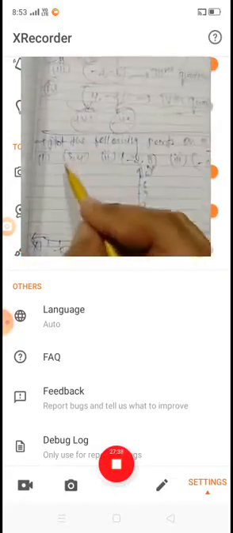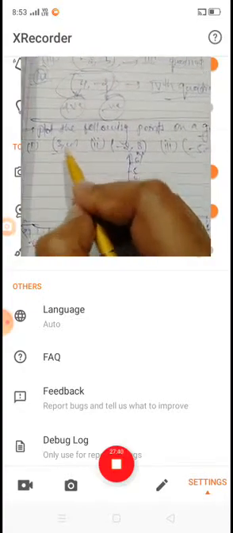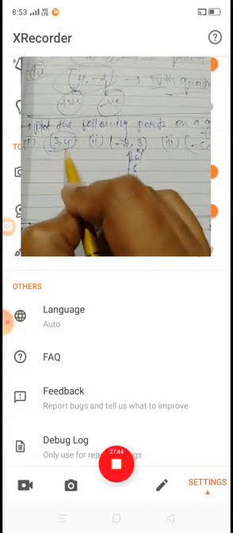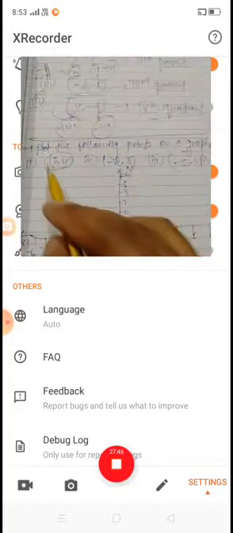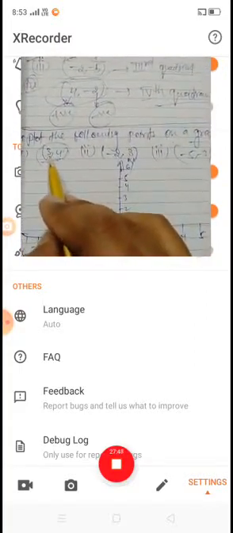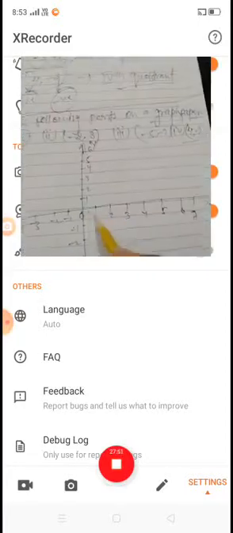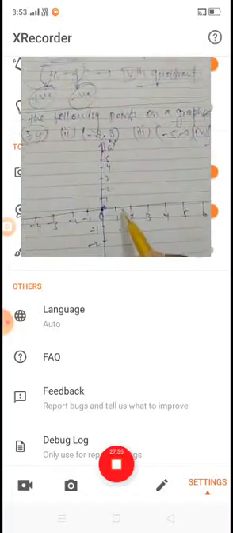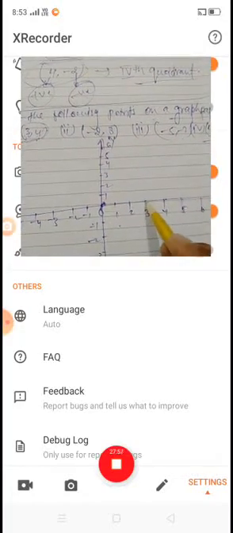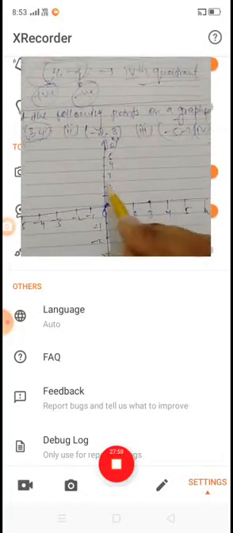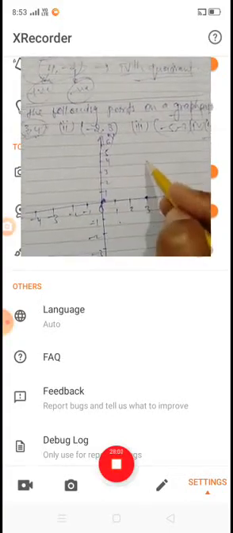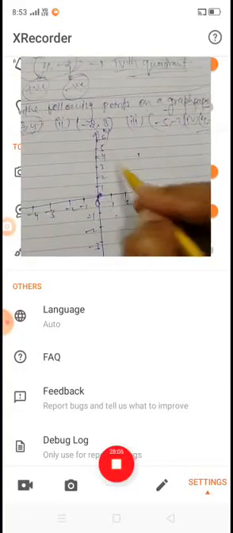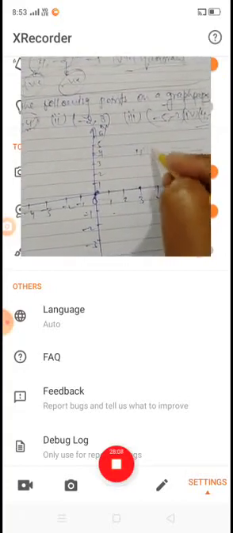Now first of all, we take the first point (3, 4). Here both the abscissa and ordinate are positive, so this point lies in the first quadrant. Abscissa is 3 and ordinate is 4. First we start from the origin. Abscissa is 3, so we go to the point 1 2 3, and ordinate is 4, so 1 2 3 4. At this point lies point A (3, 4).